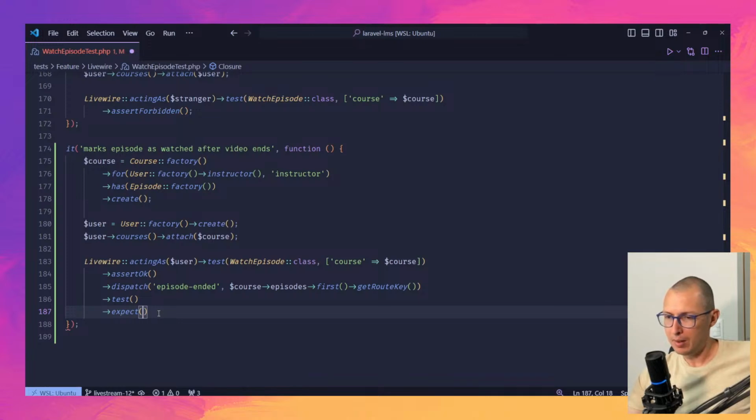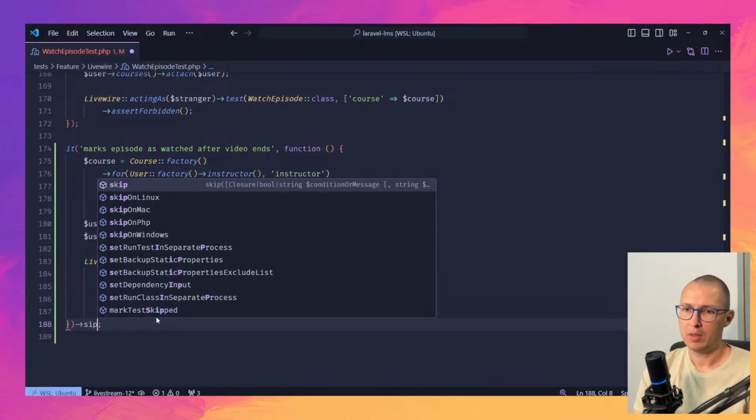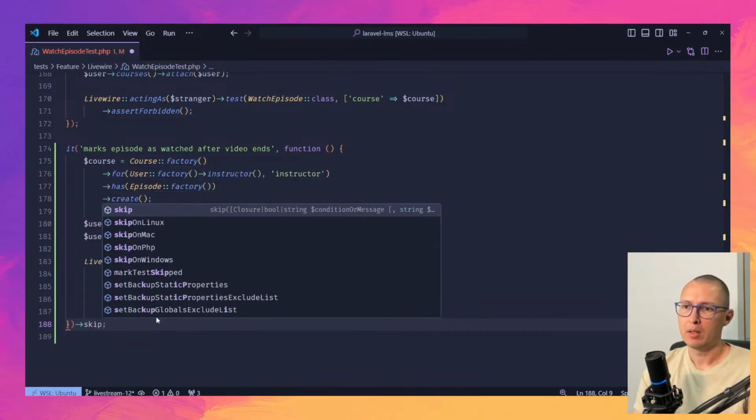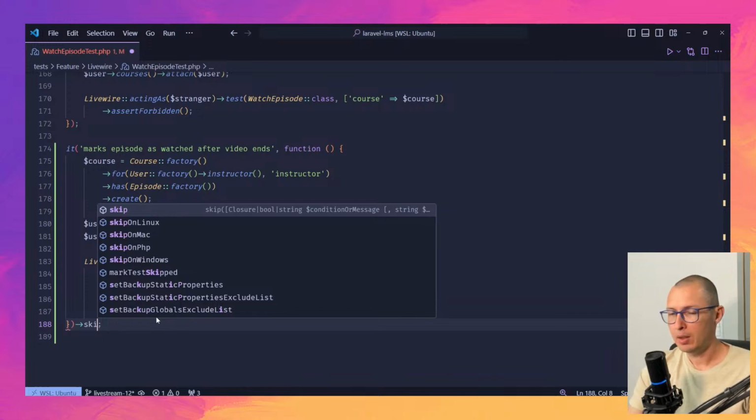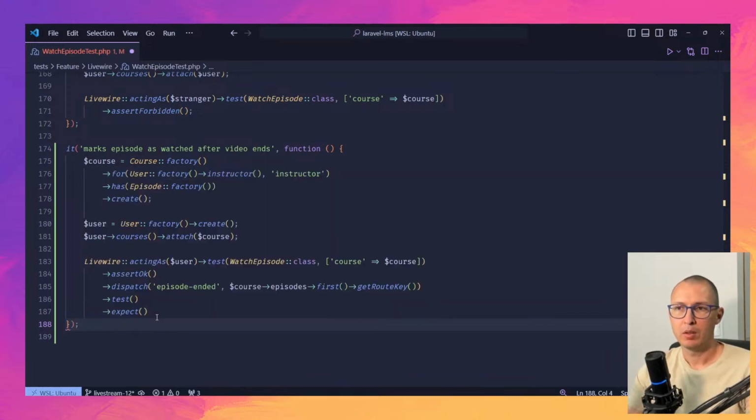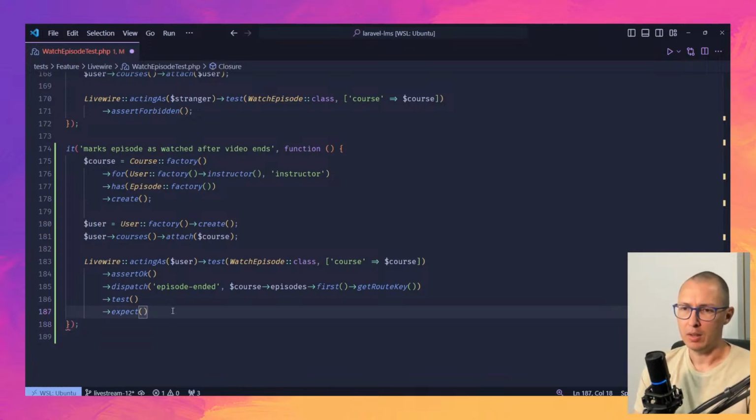approach. But if I'm not mistaken, I think I saw it in the documentation. There is some sort of a chain method that you can attach to the end of the test. Something like maybe skip or something like that. I don't remember the name. But some method that you can use to not use the setup. I might be mistaken. My memory is a little bit foggy, but if that doesn't exist, then yeah, that's a good approach. So here I would expect user